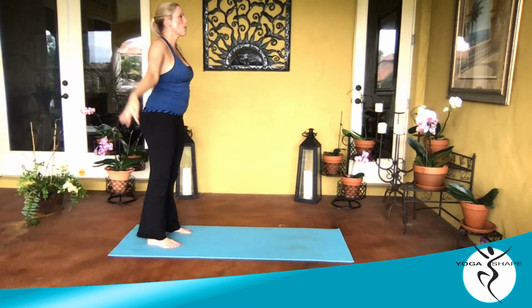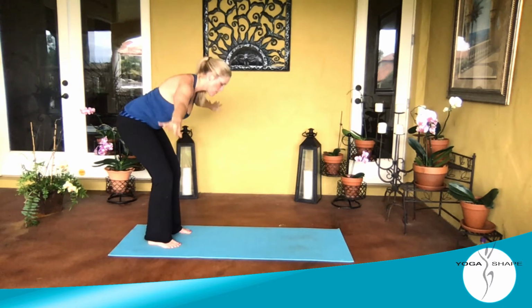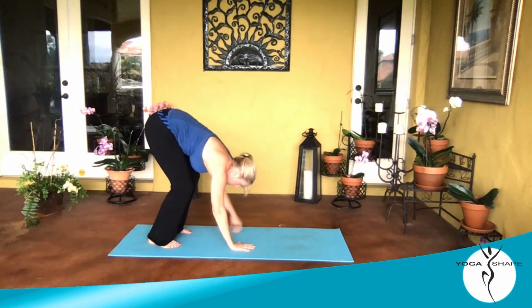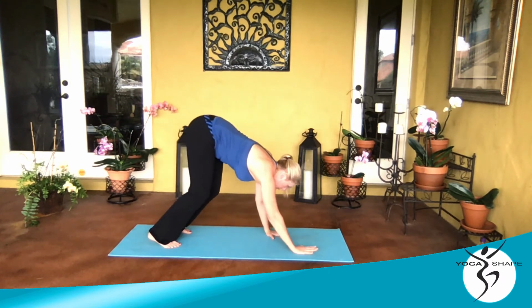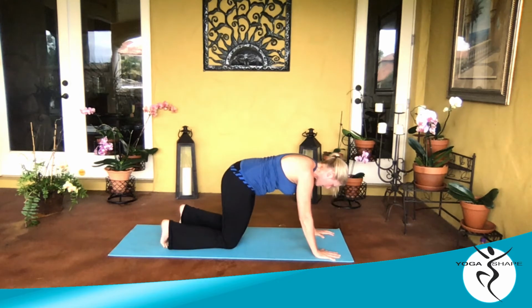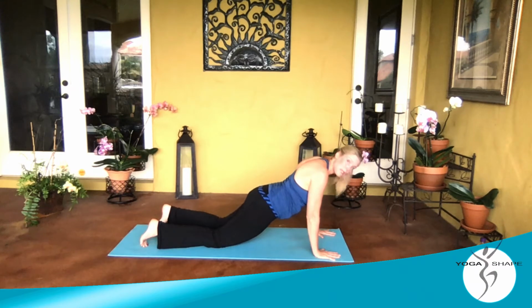Then let's inhale all the way back up. Let's swan dive forward again with our knees bent. Keep those knees bent because we're protecting our low back, because this is low back care. We're going to walk our arms back out. If you can, you can either drop here and lean forward into a modified plank,